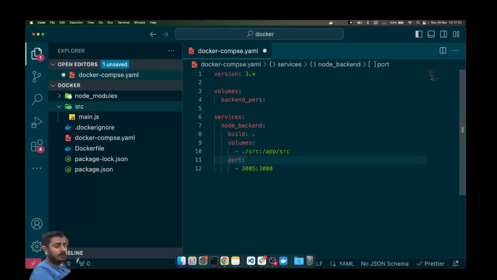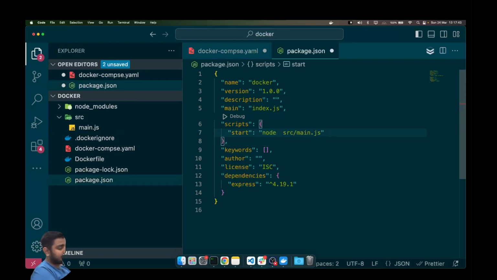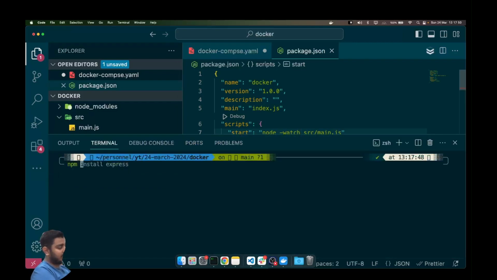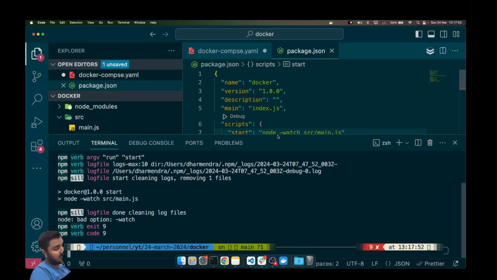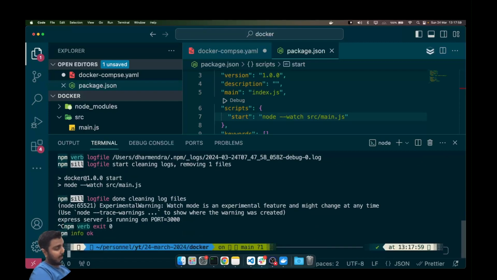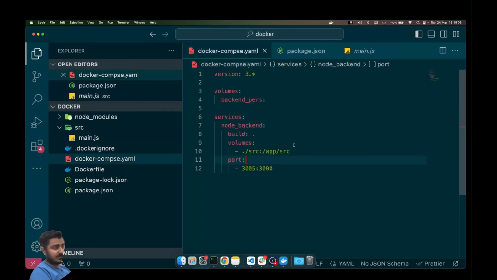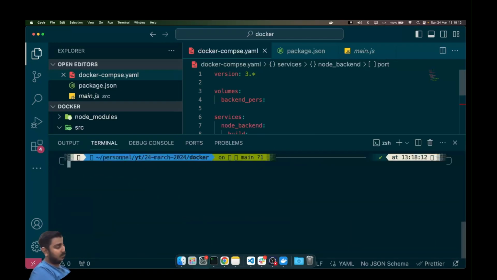Let me prove my point. Let me give you an example. Let me see if this is the correct command, npm run start. Yeah. So whatever changes I make here are going to be reflected in the container as well. Okay, so let's get started. First of all, let's go back and start the Docker Compose. To start Docker Compose, you just need to write docker compose up,